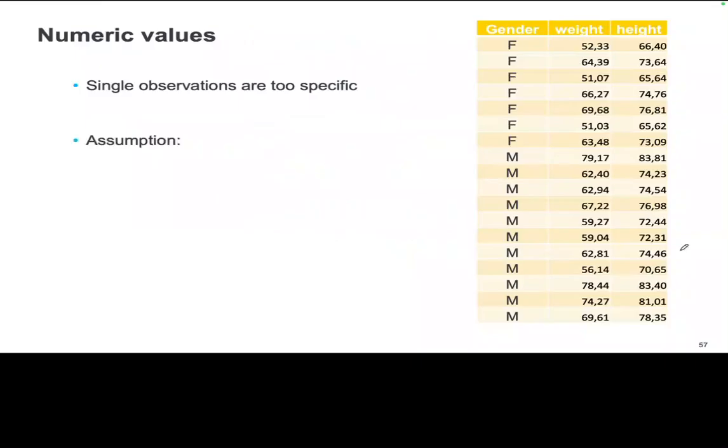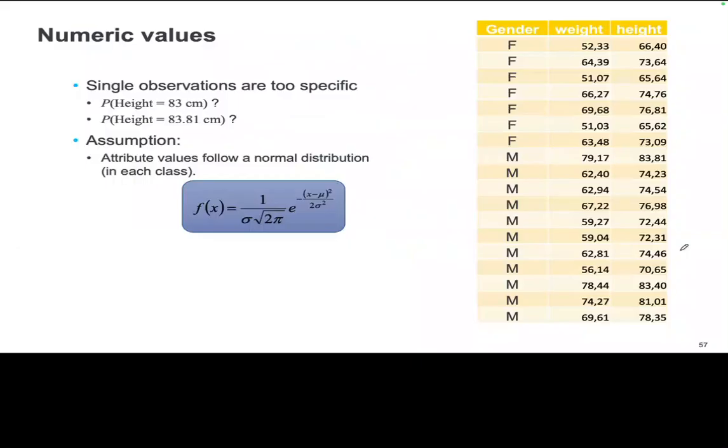Our assumption is that we have a certain distribution, and our assumption is that we model the actual distribution by a parametric distribution. Parametric distribution means it's not empirically observed, but we assume that there is a true underlying distribution that would describe